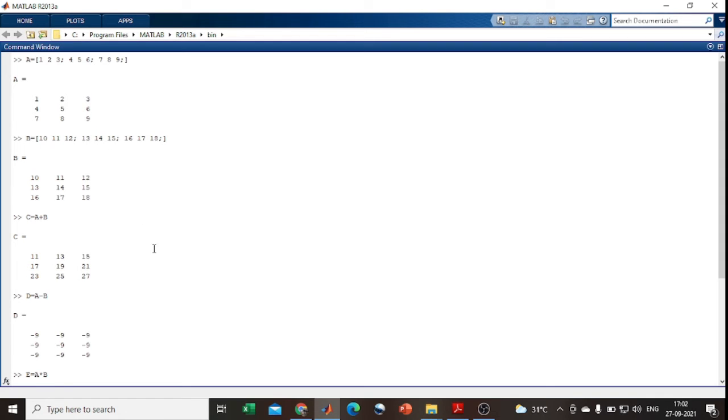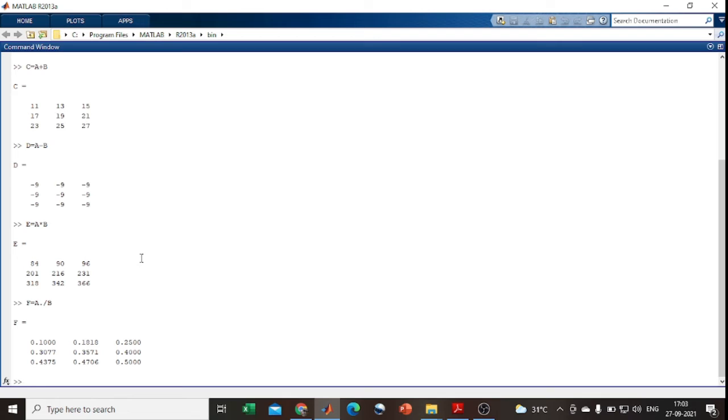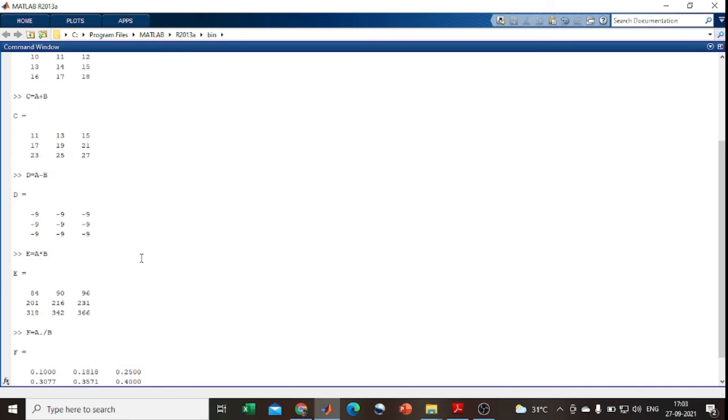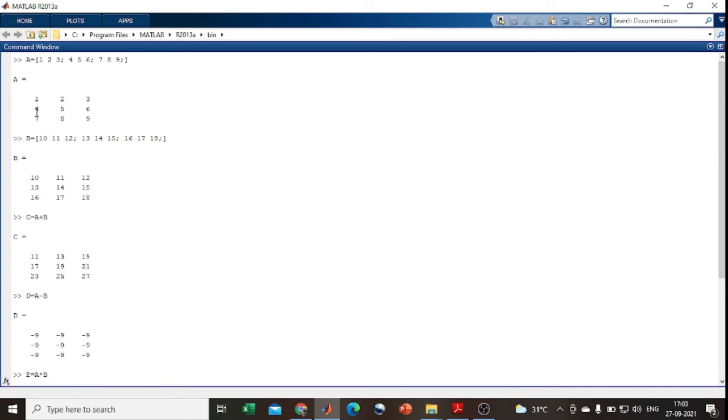Let's see. Here I use G as the variable for getting the submatrix from the original matrix. Here you see in the A matrix the second row has 4 5 and the third row has 7 8 9. From this, how can I choose?